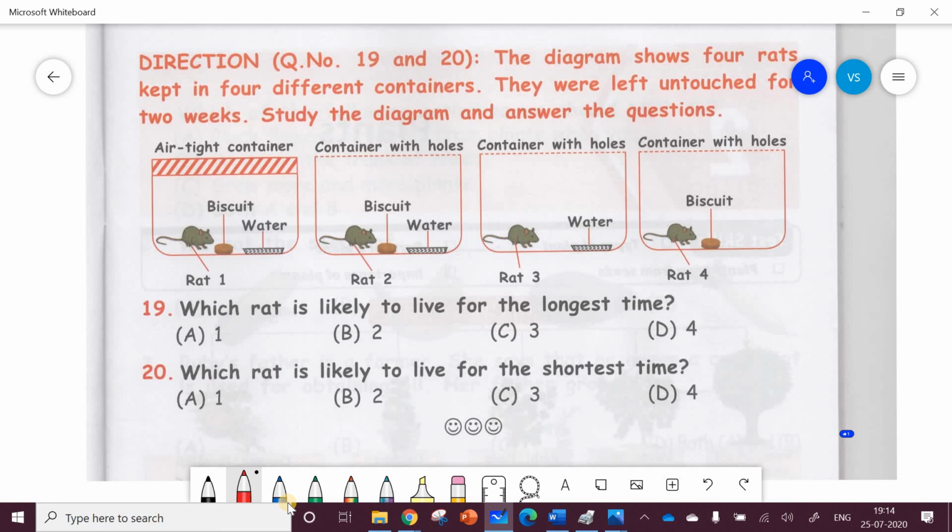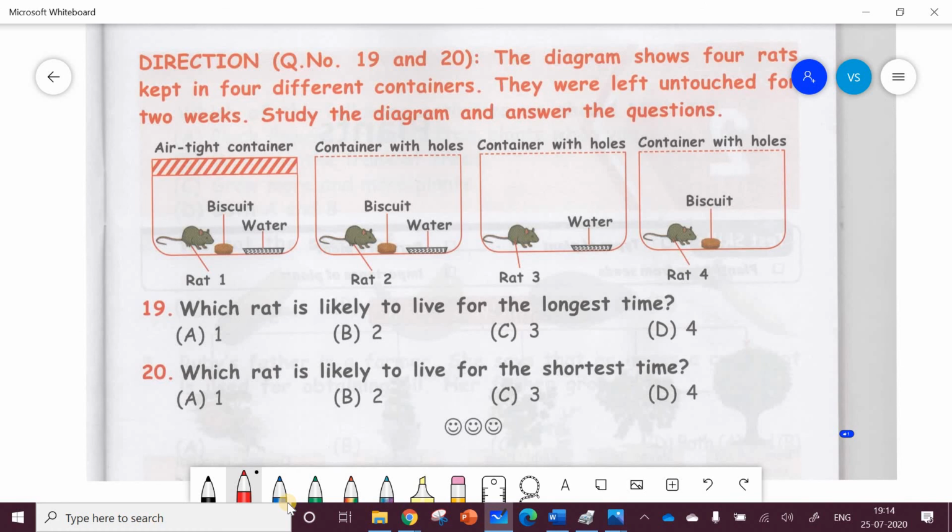Just before I start this question, Avnish, I would also like you to understand one thing, that there are three things which are very important for our life. That is food, air and water. So if any one thing is missing, we will not be able to survive. So can we start here now with the question?